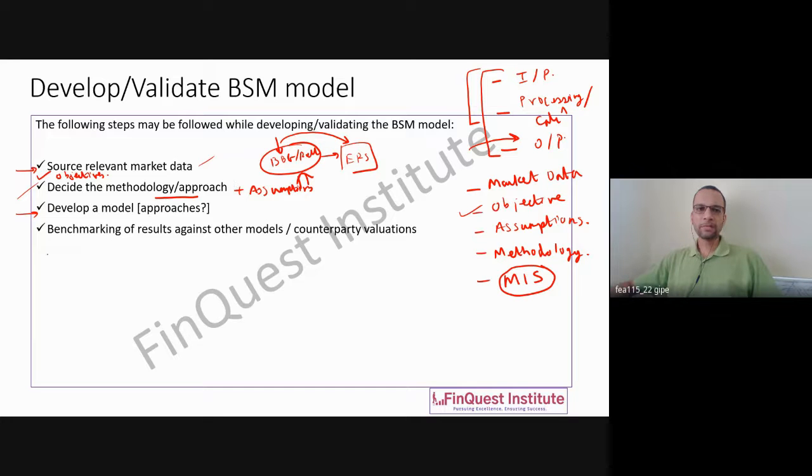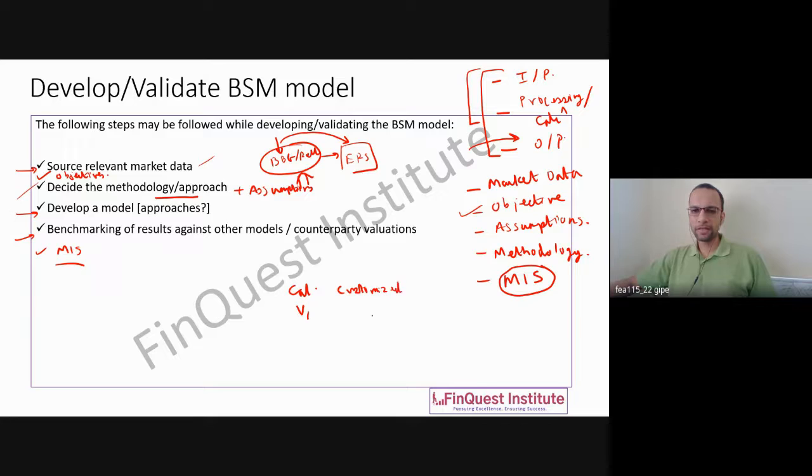Next is benchmarking of results. So this is actually a step before MIS. So after this, you have the MIS bit. So why benchmarking is important? Because if you're building a certain model, you would want to know whether that model is giving a value which is close enough to expectations. So many times what banks could do is there are a couple of ways to address this. So let's say I have an enterprise risk system. Imagine I've purchased Calypso and my Calypso valuation is coming out to be V1. Then I build my customized model